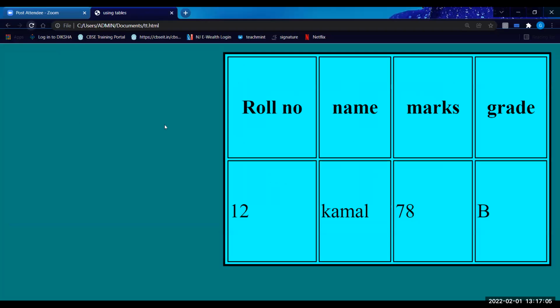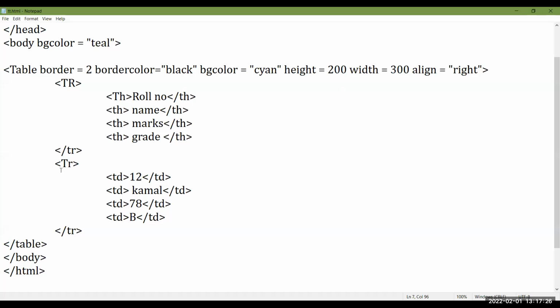refresh it here. Now see, height and width is changed. पूरे टेबल की height और width इतनी आ गई है. More rows add करेंगे, add हो जाएंगी, height और width इतनी रहेगी and it will be on the right hand side of the page because align equals to right. ठीक है. If I add more rows,